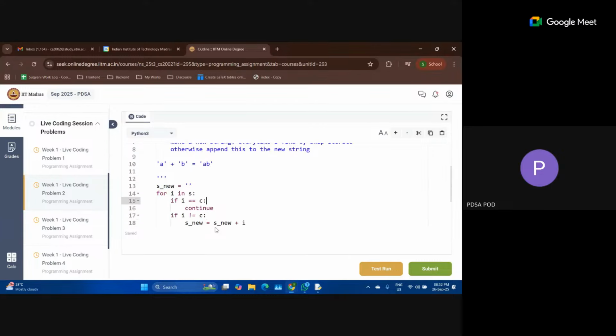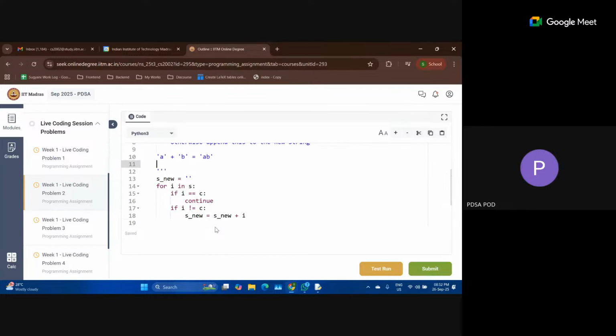So I have this new S which doesn't have any string initially. Now I am seeing one character, let's say A, and A is not equal to C. So to this null string, where there is nothing, I am going to add A. I had something like this, and now I am going to add the string A to it.